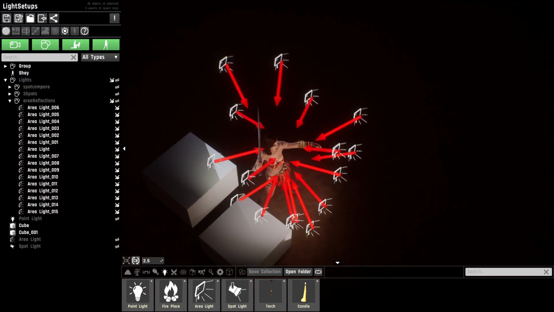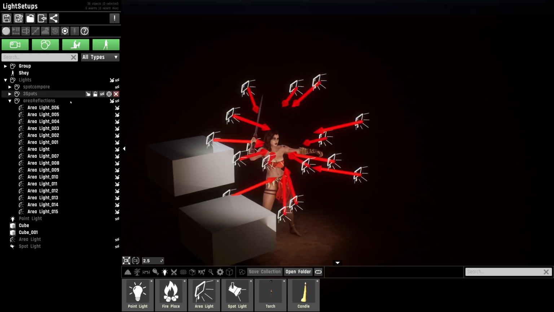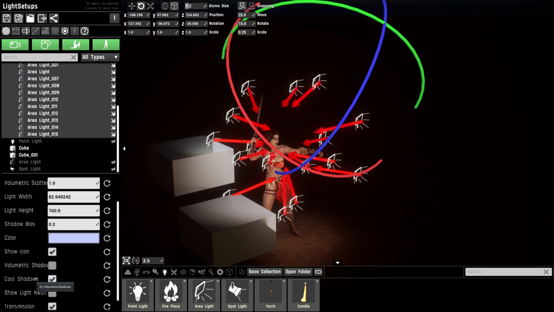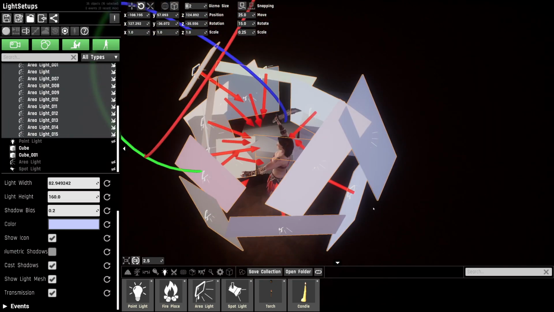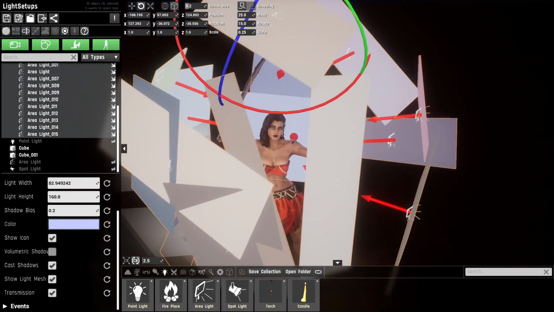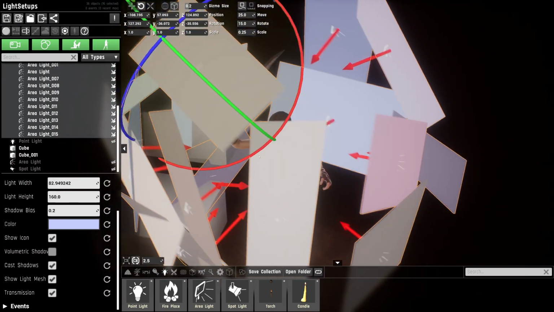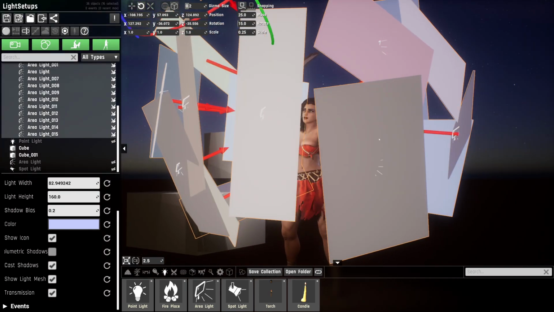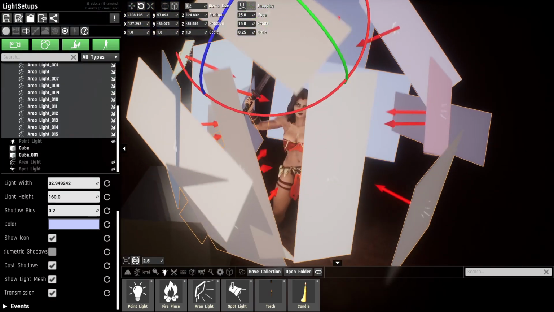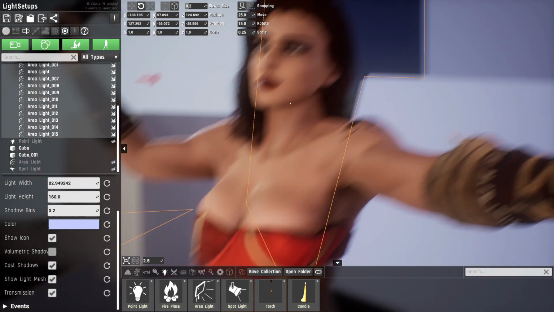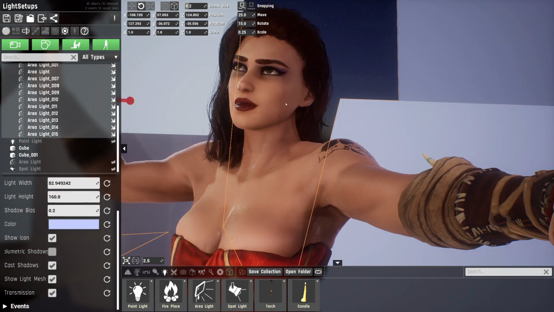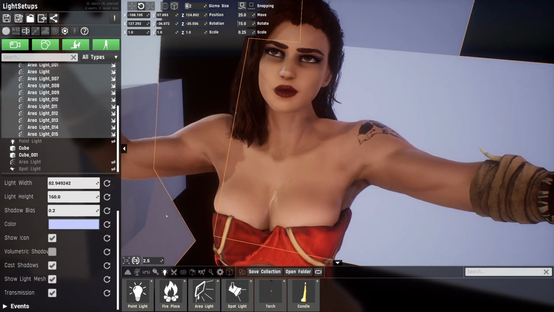Let's zoom out a little bit, and we can see the amount of lights that I have here. Let me just quickly grab all of these and show you the light shape, the mesh. And you can see how these are scaled. And you can see that it's basically a whole array of lights just shining on her. And all of them have slightly different shapes and colors and whatnot. And also different intensities. And what this creates is a nice and very flat surround light effect. Now all of these lights have cast shadows on, so this will make them really heavy. But it will also improve the look of the scene. So I can turn it off,